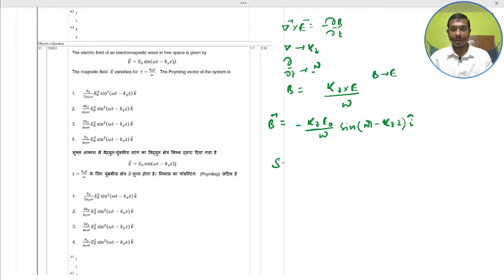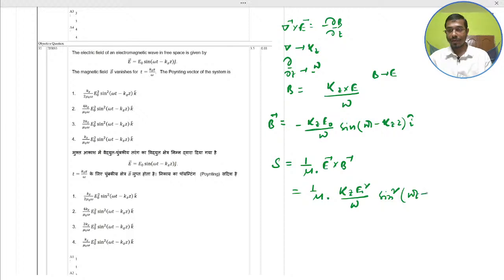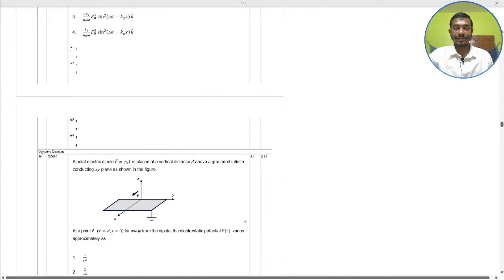The Poynting theorem that the S is 1 by mu naught E cross B. This is the final result. Put this value one after another, that the 1 by mu naught kz E naught square divided by omega sine square omega t minus kz z k cap. That here option 4 is the correct. Next,